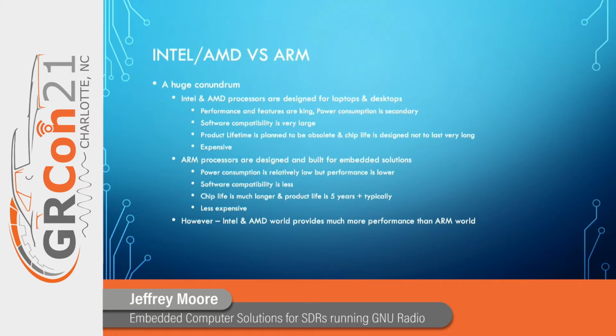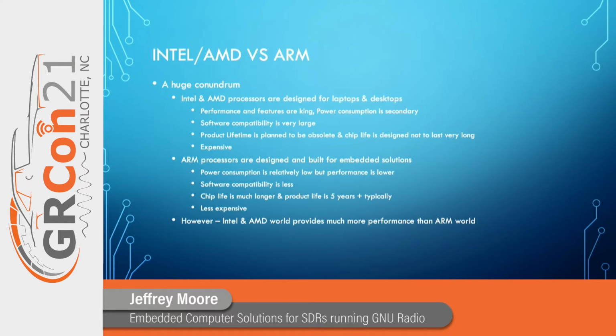Product lifetime, though, is planned to be obsolete from a marketing and even a technical perspective. Some of these chips simply do not last very long. If you run chips very hot and very hard, like a lot of times when you do in desktop and laptop processors, and you don't cool them well enough, they literally die. And I know I've had experiences where my processors died or other chips have died inside my laptop because I did too much too long. And also the chips tend to be expensive. The Intel and AMD chips are expensive, typically $40 or $50 just for the IC itself.